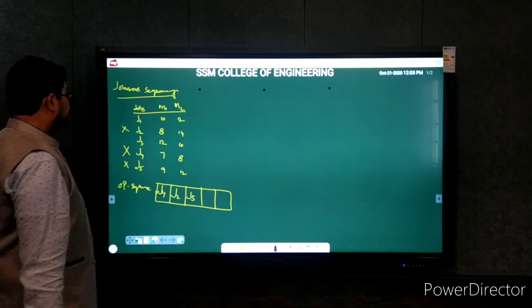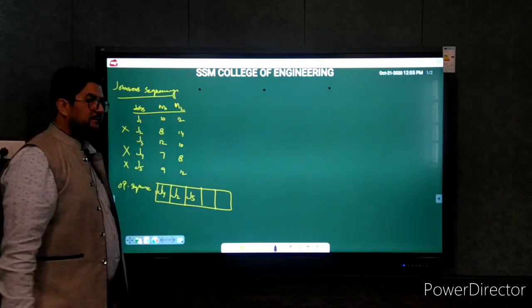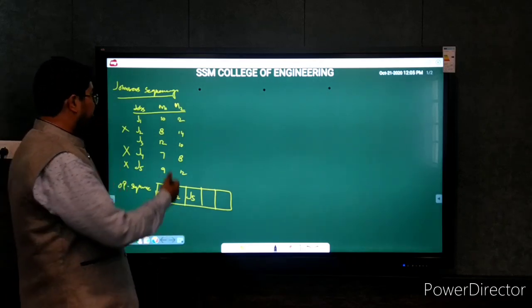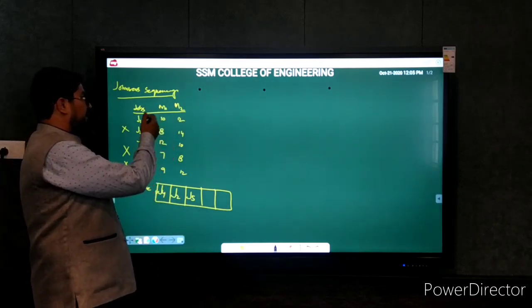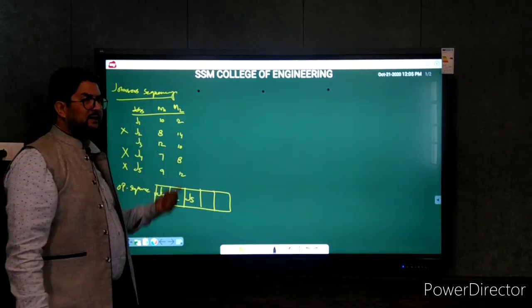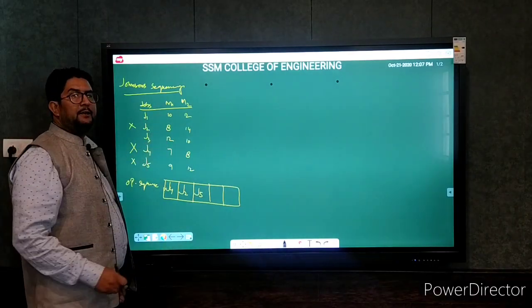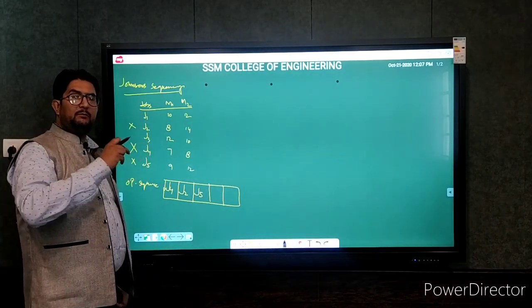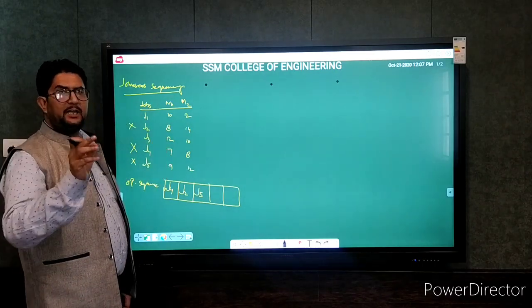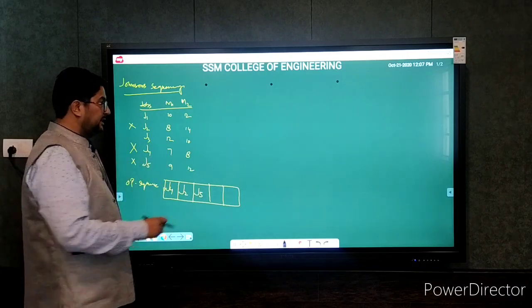Now we are left with 10, 12, 12, 10. So the lowest, of course, is 10. But this 10 is 2 times. This 10 is for machine 1 and this 10 is for machine 2 as well. So we will not be affected if we take either of the 10s, because one will go to extreme right and the other will go to extreme left position which is available.